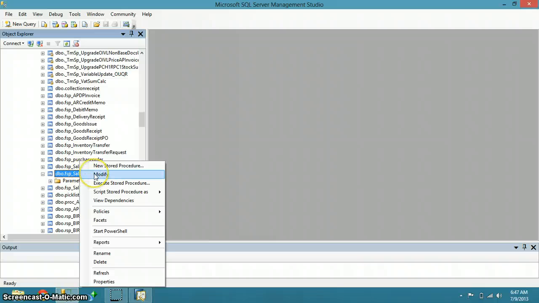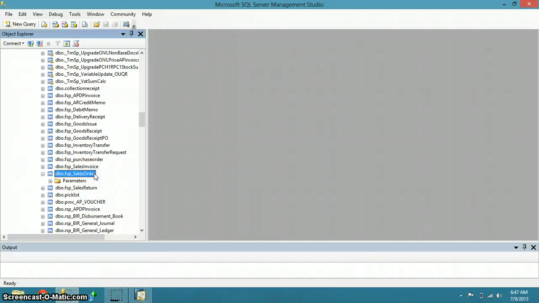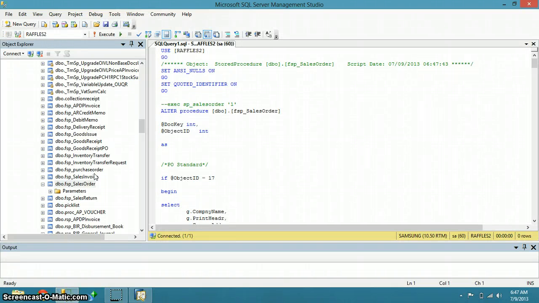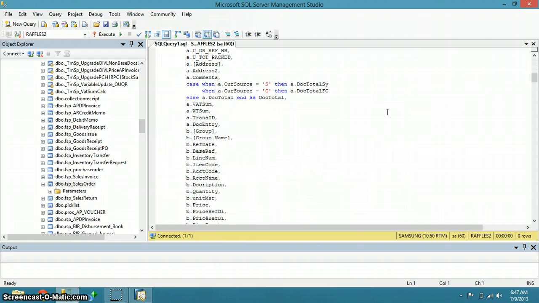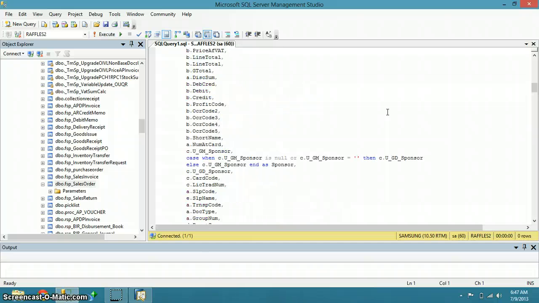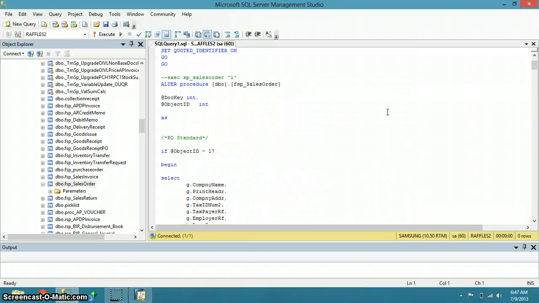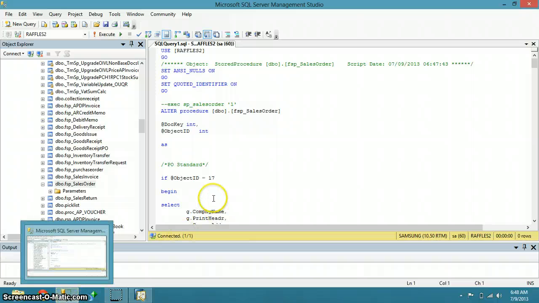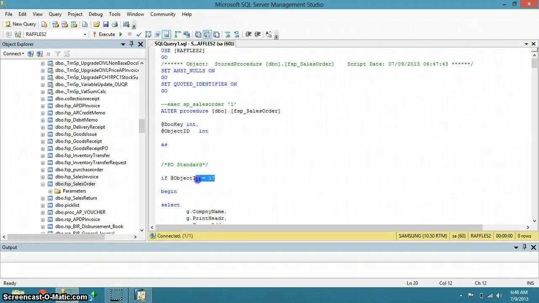Click modify to see the code for the sales order form. So this is the sales order form, as you can see. This object ID represents the object ID of the sales order.